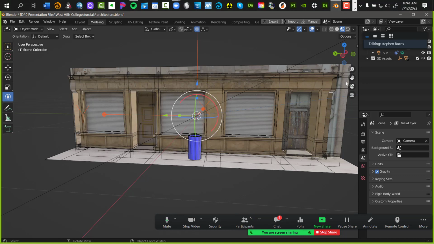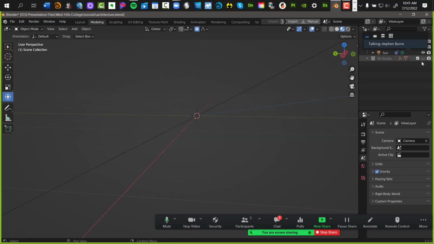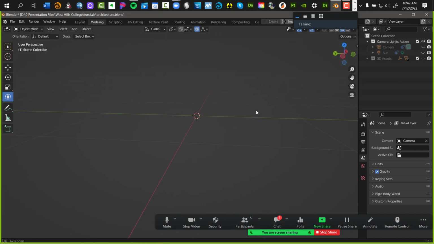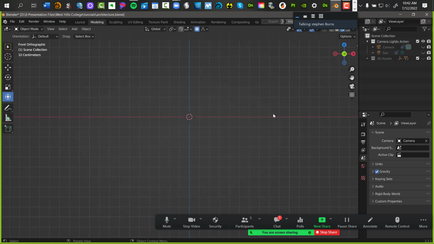So what I'm going to do is turn off the fire hydrant. I think I want to turn off everything else too. I'm going to move this out of the way. Okay. And we're going to bring in the hydrant. I'm going to bring it in from the front view. So hit the 1 key on my keyboard. So I'm looking at the front view.